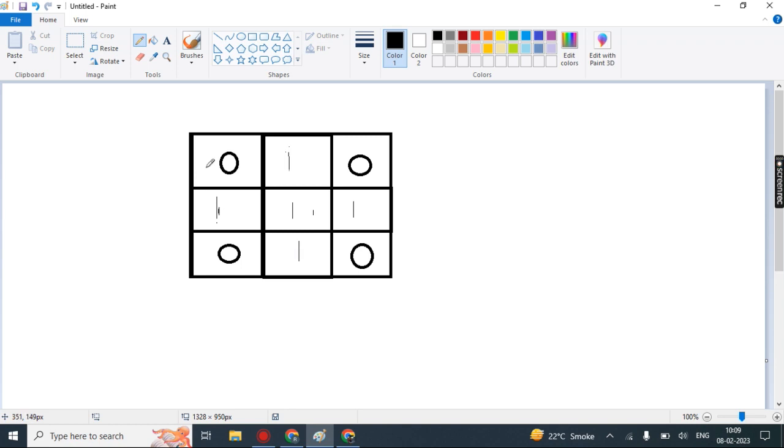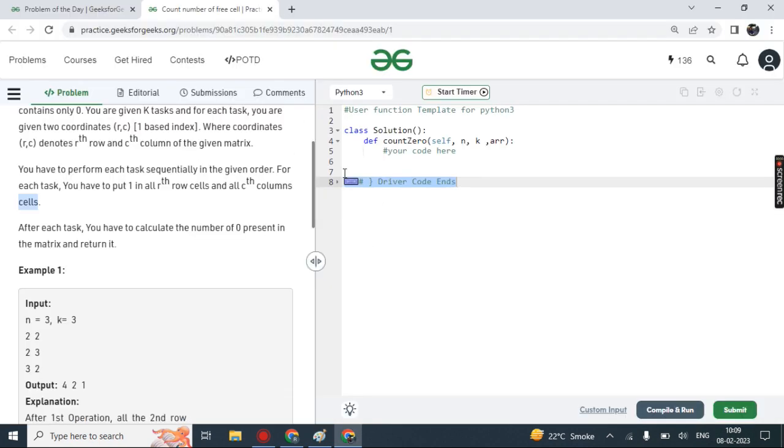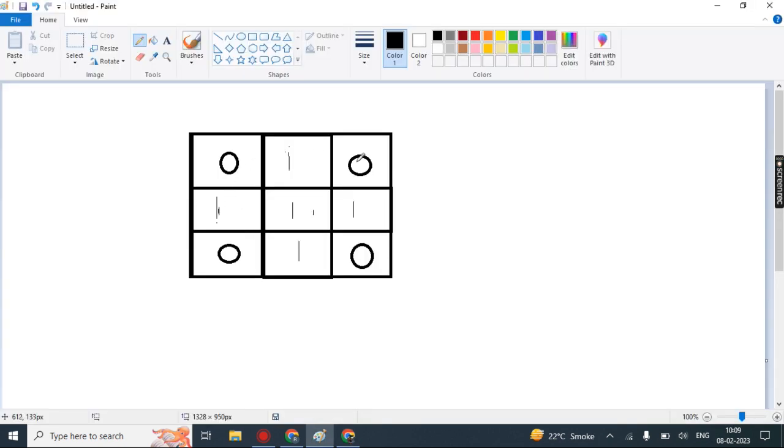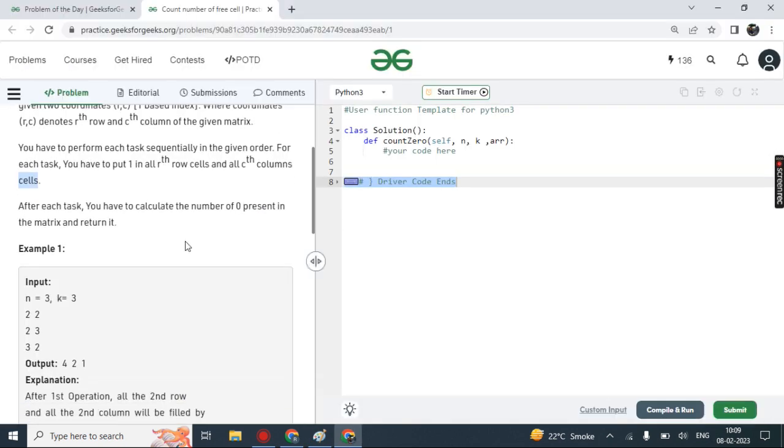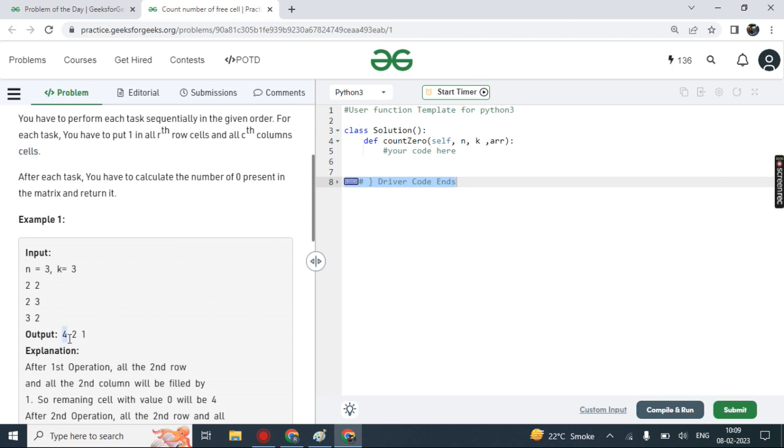So now what we can see here is that in this whole matrix 4 zeros are remaining. Okay, and after each task you have to calculate the number of zeros present in the matrix and return it. So here after the first task we can say the 4 zeros are remaining, so here it is written 4 0. Okay, and after that the second task, second row and third column.